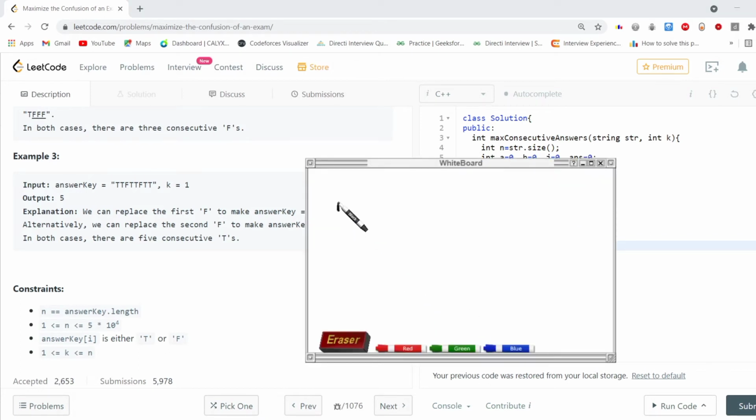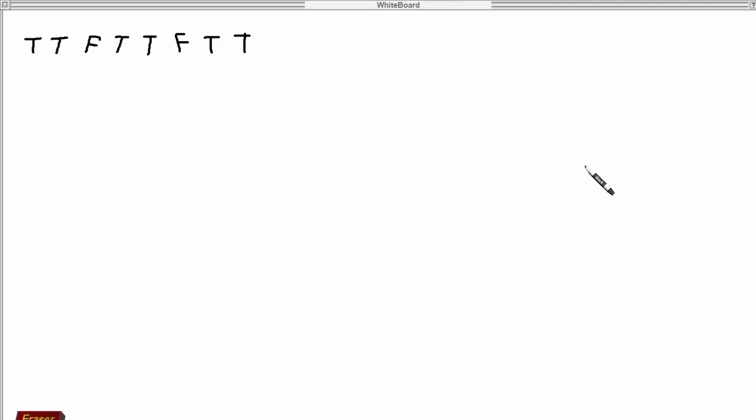In test case 3 we are given T, T, F, T, T, F, T, T. Let's see the max length substring we can make from index 0 to some index j such that we can change at most one character to either T or F and get the max length substring having only T or only F.